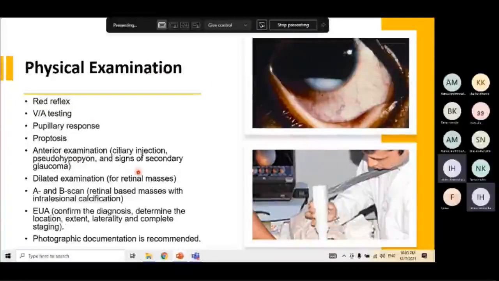or secondary glaucoma, dilated examination, A and B scans, because as I explained to you, sometimes you see a mass, you are not sure whether this is a retinoblastoma or a Coats disease or whatever. A and B scans of the ultrasound, you look for the calcification, it is very important. Photographic documentation with a RetCam or something like this, because this is the way you can check if the tumor is getting larger in size, smaller in size, new foci, response to treatment, etc. So the documentation with the fundus photos is mandatory in the management of those cases.